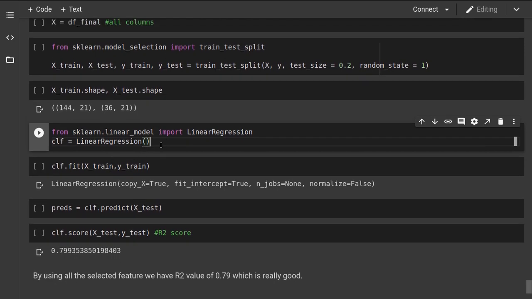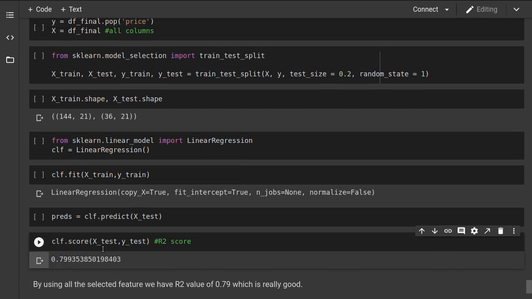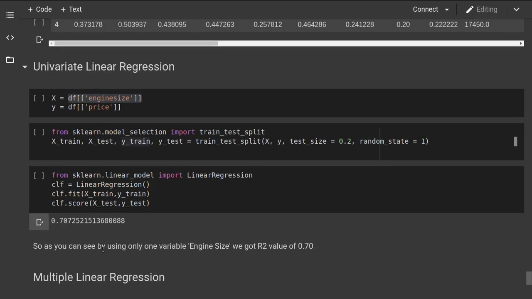But as we are using linear regression, which is the basic regression model, it is doing really great, giving me a 0.79 r squared value. So that's how I did it. Hope you enjoyed. Thank you.